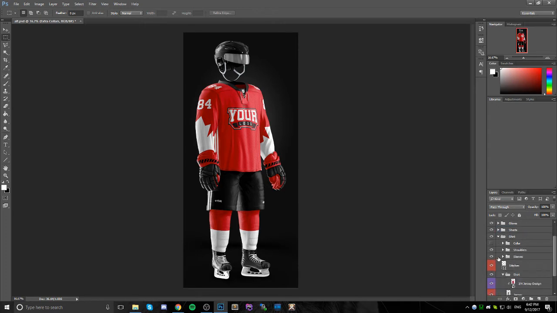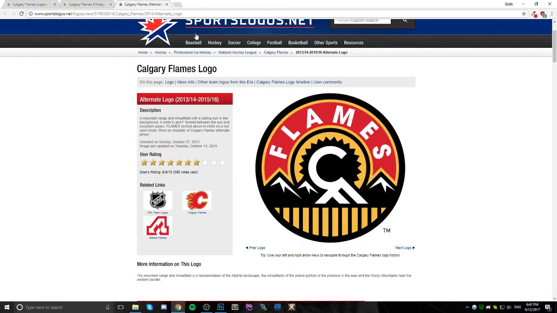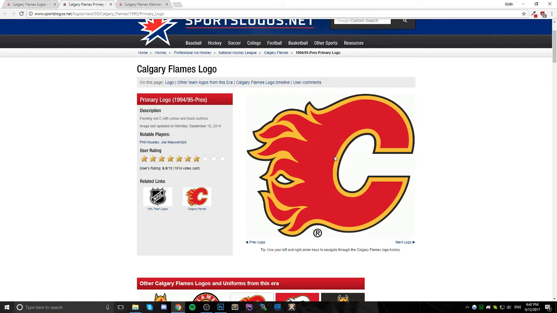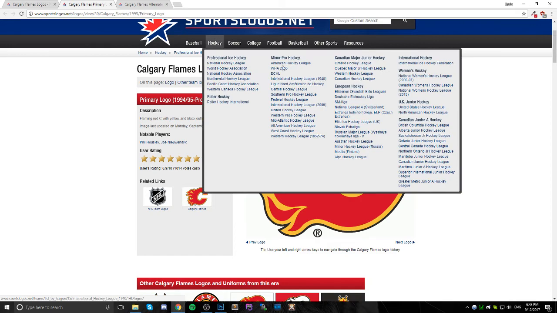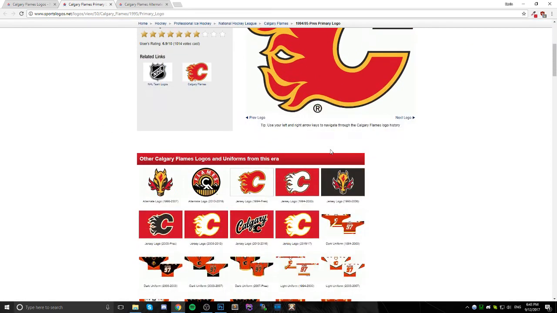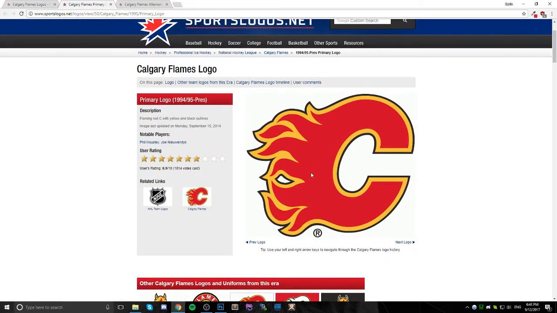Next, I'll do the actual jersey itself, and I usually start with the shoulders. So I'm going to go back and grab that logo I said I was going to use for the shoulders. I use sportslogos.net for all the logos and whatnot. The site's really awesome. It's got like literally every team you can imagine, and all their logos and their jerseys and stuff like that. So anyways, I'm going to copy this,